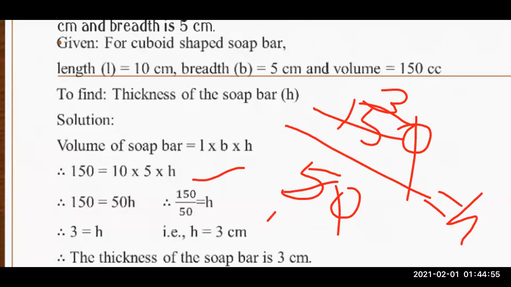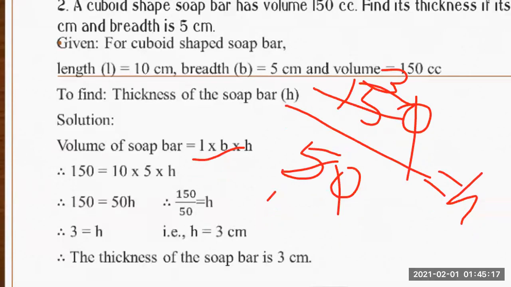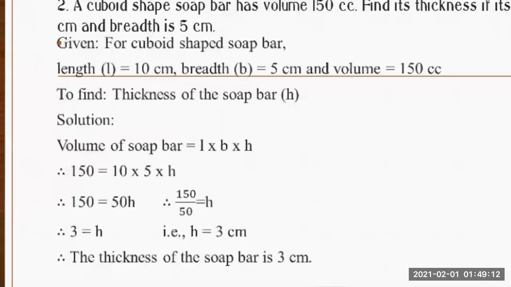Sometimes breadth and length are given and height you have to find out, or sometimes height and length are given and breadth you have to find out. So whatever questions they ask, as per their information you have to write the values, but the formula doesn't change. The formula remains as it is. So here we have completed our first exercise, that is 16.1. The other two sums will be coming as homework for the school from the School Magica app.